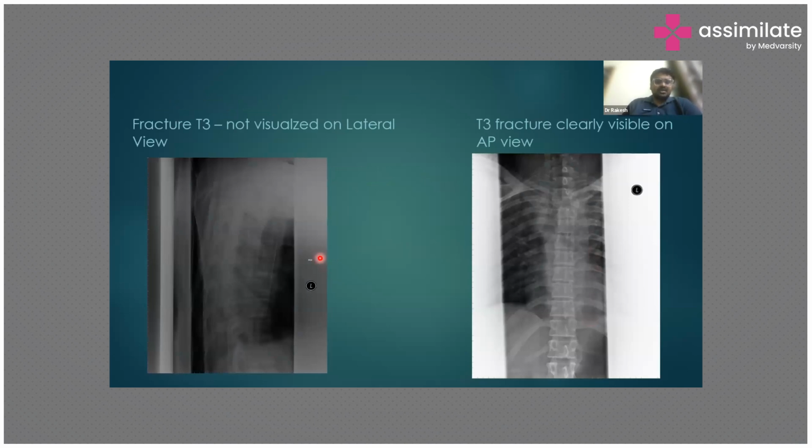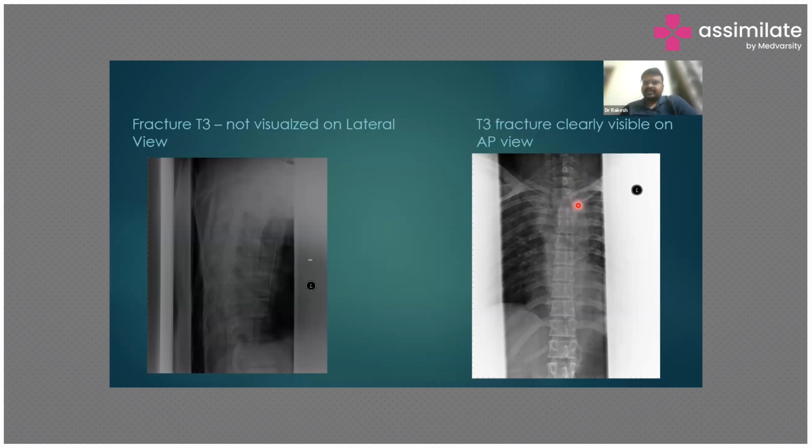Now, this is one view, a lateral view, and the same patient's AP view. So I'm not sure how well my screen is, but still we'll try to count. So this would be your T1, T2, and this is your T3. So if you look at your T3,